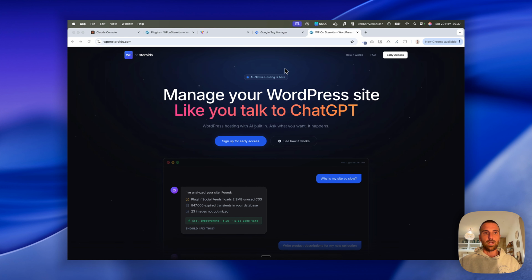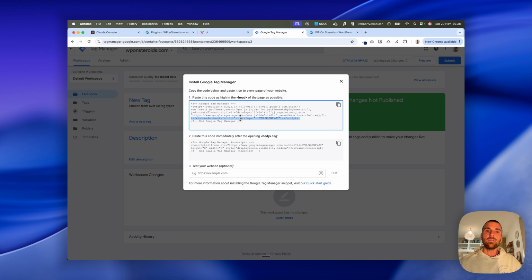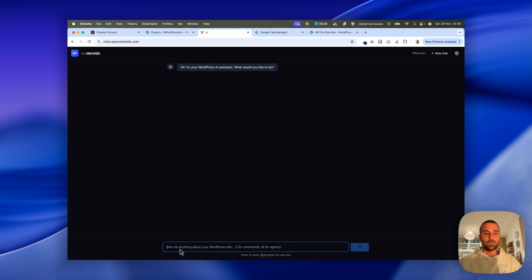So it's super interesting. In order to give you a preview of it, I've set up an example. Here's a Google Tag Manager snippet, and I want to integrate this into my WordPress site with the help of the assistant. Here's the UI of the assistant, and I can ask it anything to do here. It's connected to my WordPress site on a subdomain, chat.mydomain, and here I can ask it,